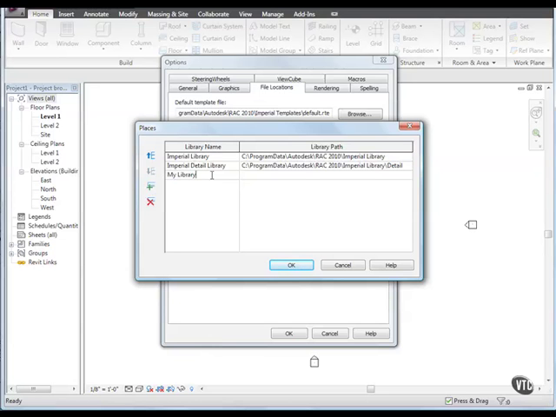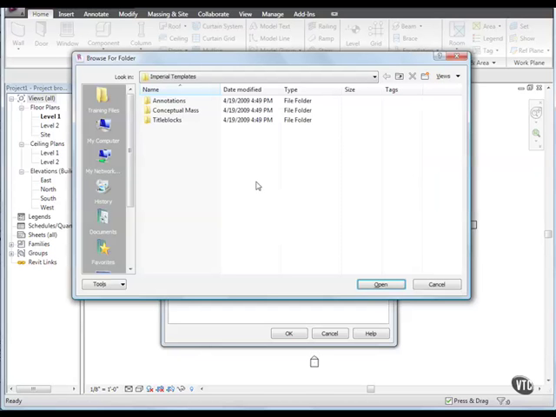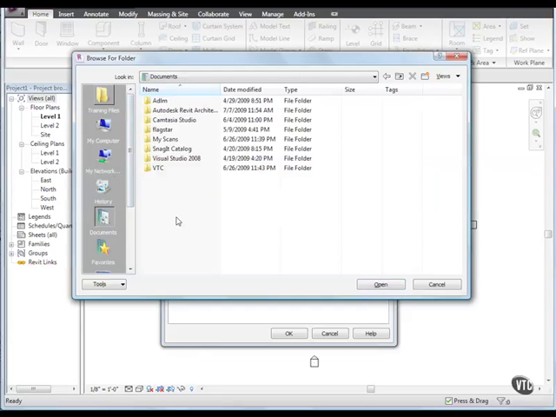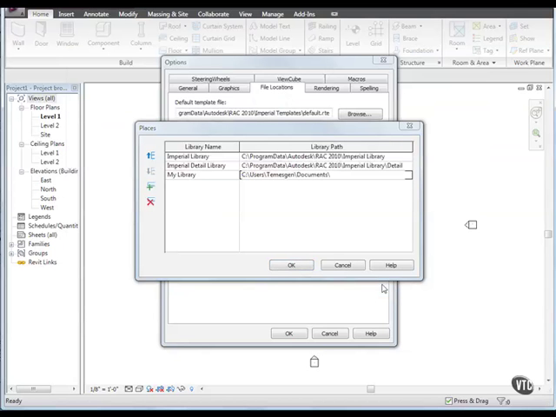Then click in the Library Path field for My Library and click the Browse icon that displays on the right side of the field. Then navigate to your Documents folder, or a folder where you want to create a personal library of Revit architecture projects, templates, or families, and click Open. You may want to create a new folder first, and then select it as the library path. The new library displays in the left pane of all Revit architecture Open, Load, and Import dialogs. Click OK twice,